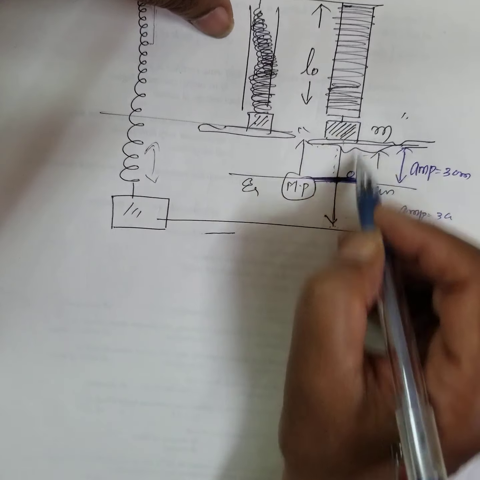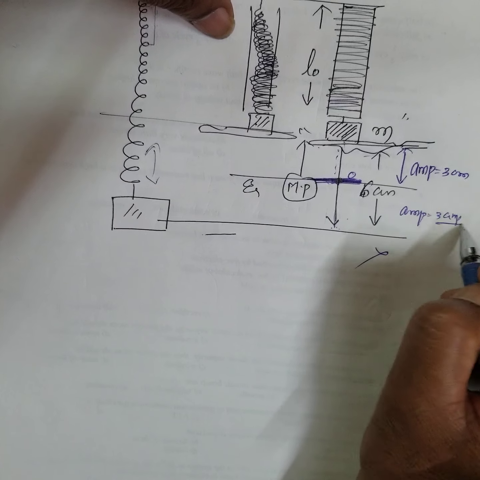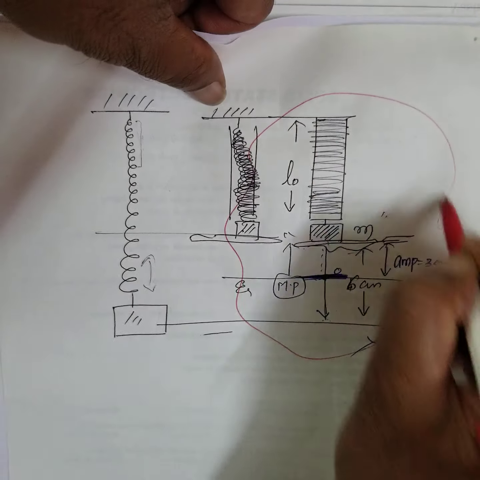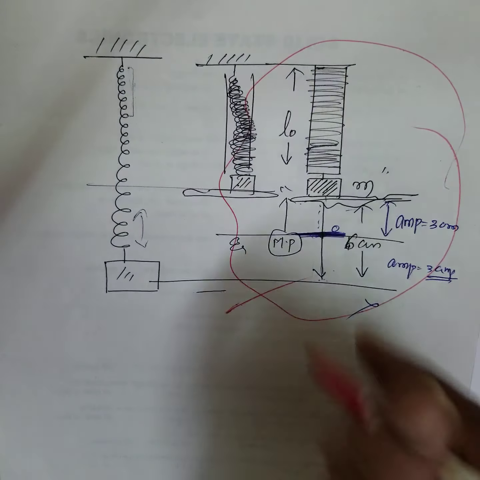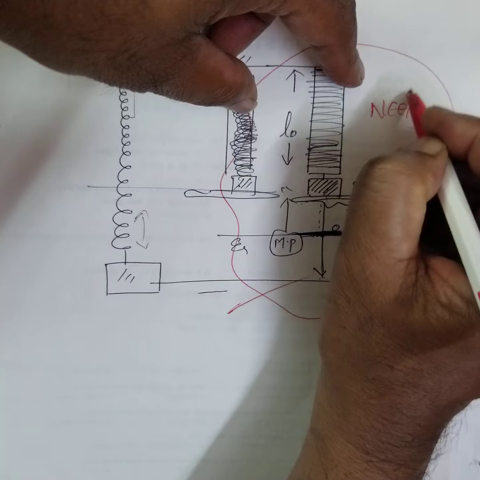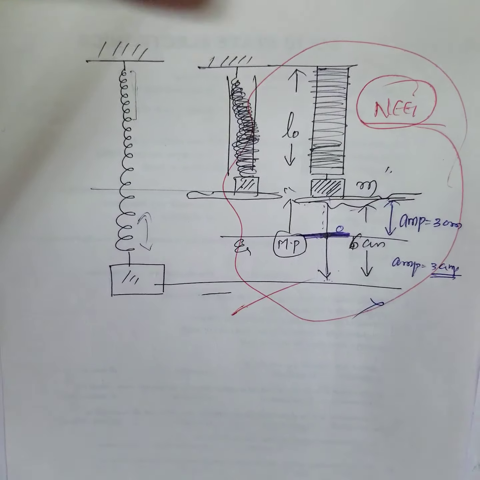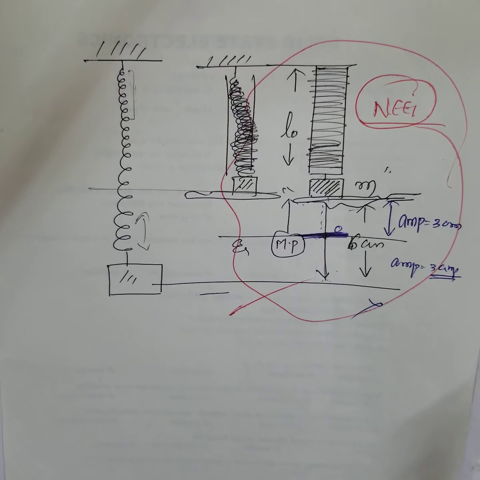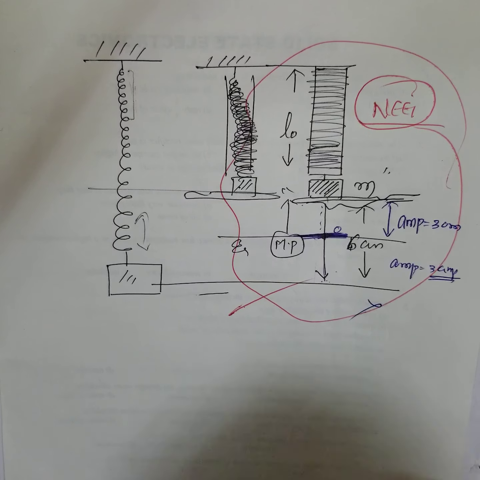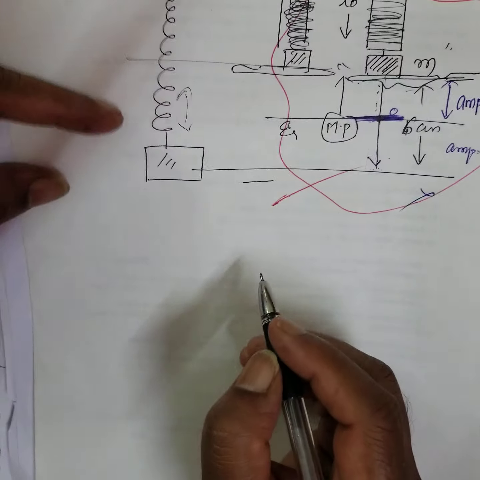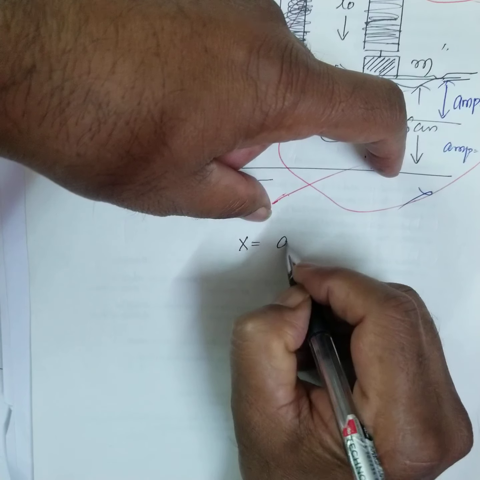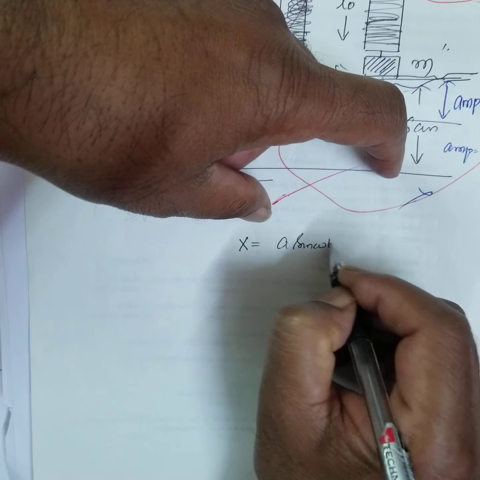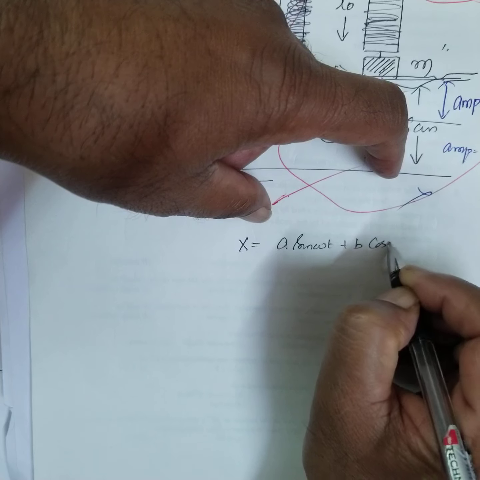You should not call the amplitude 6 centimeter. That is a mistake. See, for this you should have done some experiment. Then only you will know what it is like. Okay? This type of problem they will be asking in NEET or IIT. All are common sense problems only. Okay. Now, say for example, suppose x is equal to a sin omega t plus b cos omega t.